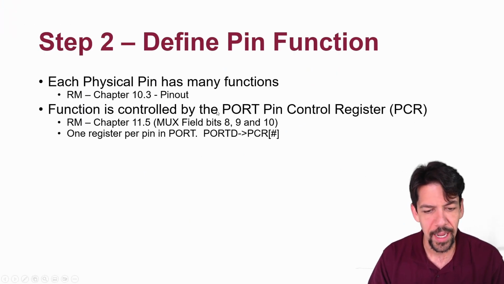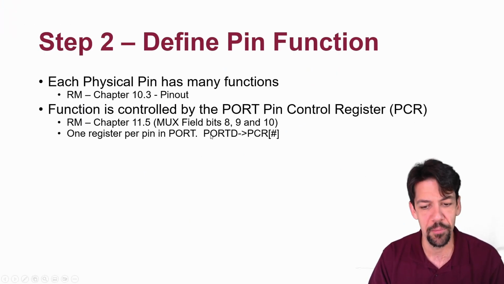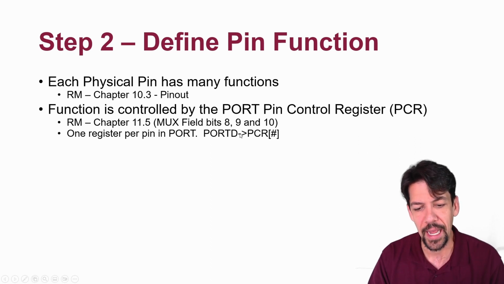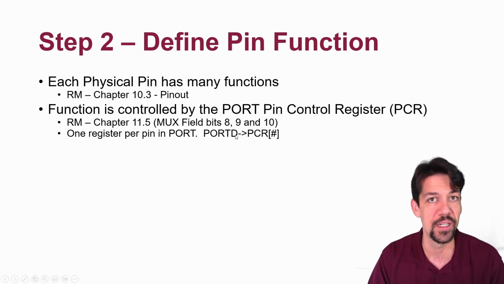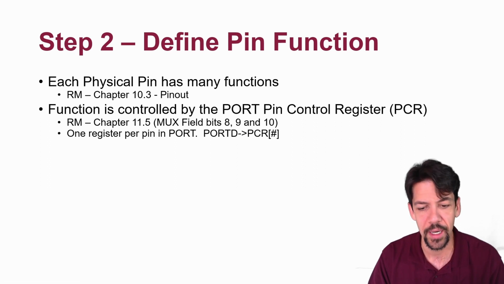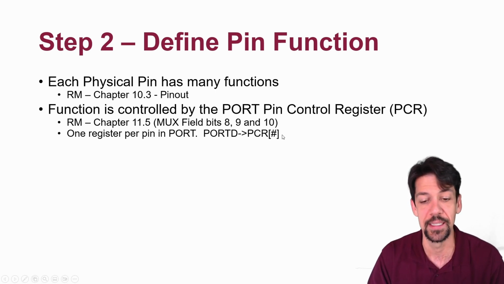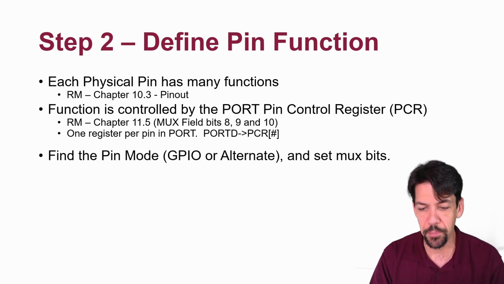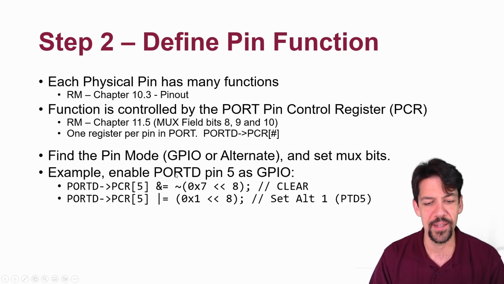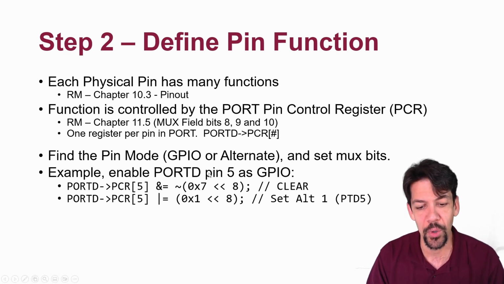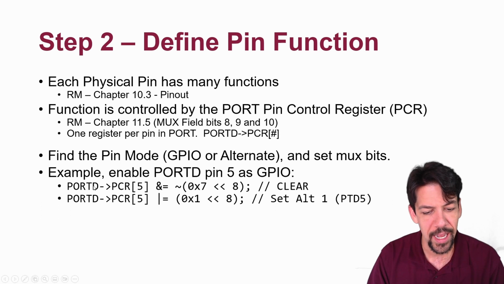So the way we do that is there is one register pin per port. In this case, it's port D. If we're going to use a different letter group port, we just replace the letter D with something else. And then we use the arrow operator to get to a PCR register with a particular number, whatever bit we're trying to access. In this case, it's going to be bit 5. So for example, if I want to set port D pin 5 as GPIO, I'm going to access port D pin control register